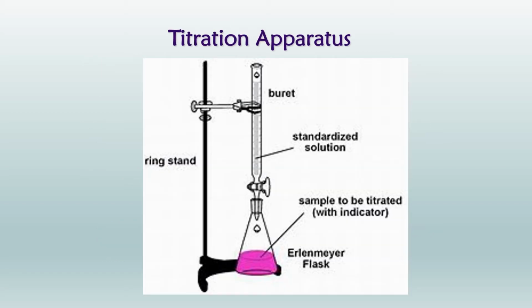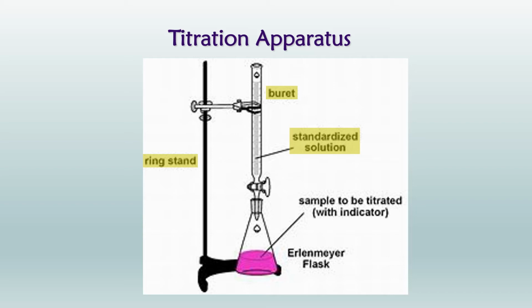This is what the apparatus for a titration looks like. So we use a ring stand which has that clamp at the top, and that clamp is holding a burette. The burette has our standardized solution. Standardized solution is the one that we know the concentration of, and because it's in the burette, we can also measure its volume so that we know how much of that standardized solution we used to titrate